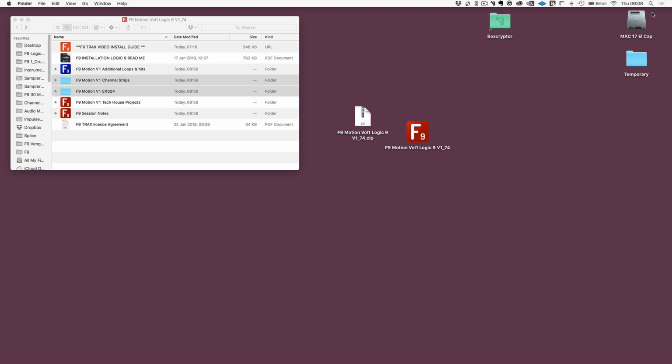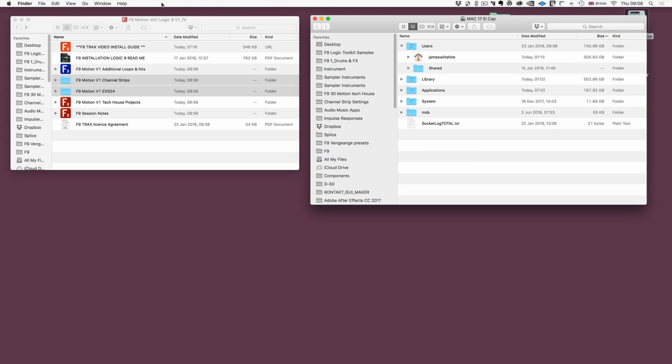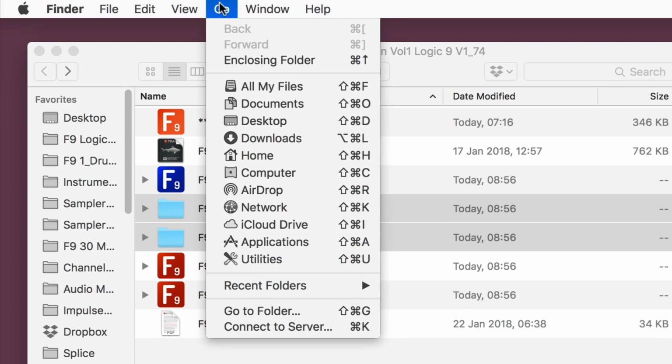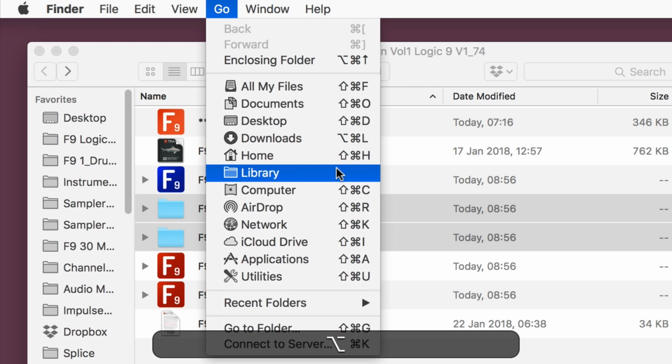Okay, so the last two folders we're going to need to install are the ESX24 data and the channel strips. So I'm going to once again open the hard drive, make sure that that window is selected, go to the Go menu at the top left hand side of Finder, and you'll see it's not listed on any of the locations here until I press the Alt key. So by toggling it there, you'll see that this library folder appears. So that is the Alt or Option key on your keyboard. So now with that key held down, I'm going to click here where it says library, and that will open